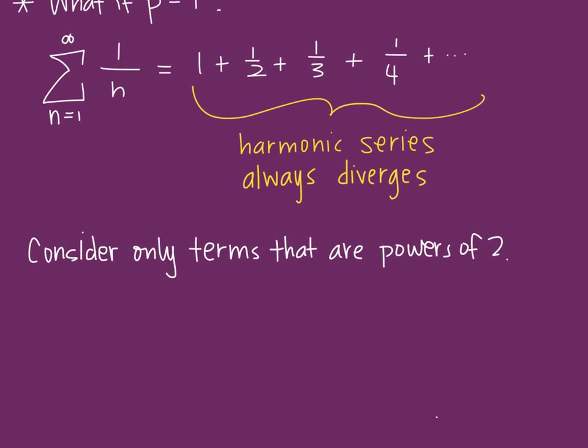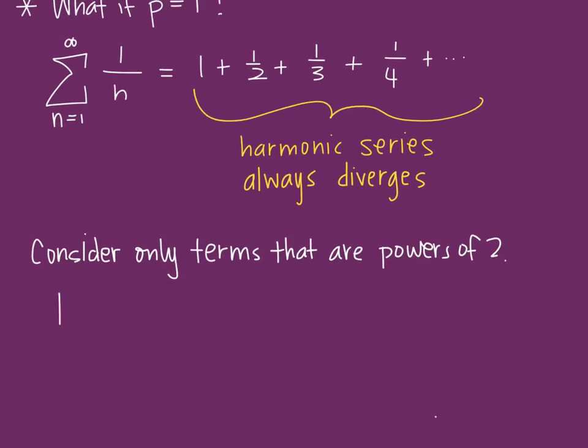The first one is 1, because that's a power of 2, 1 over 2 to the 0. What's the next one? Plus 1/4, 1/8, plus, oh, we ran out of time. Whoops, I wrote 8 twice. All right, so we'll finish that tomorrow. You just have to trust me on why the harmonic series always